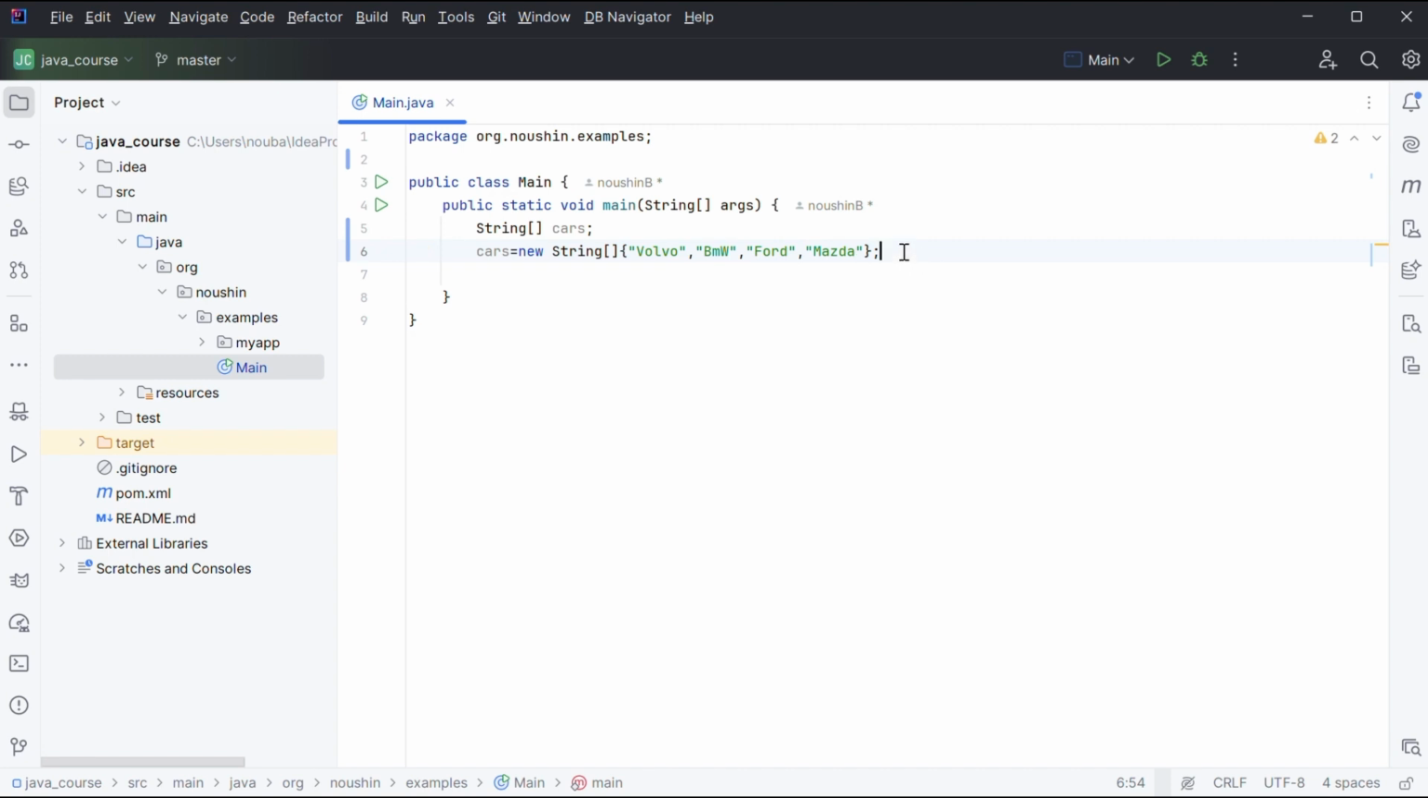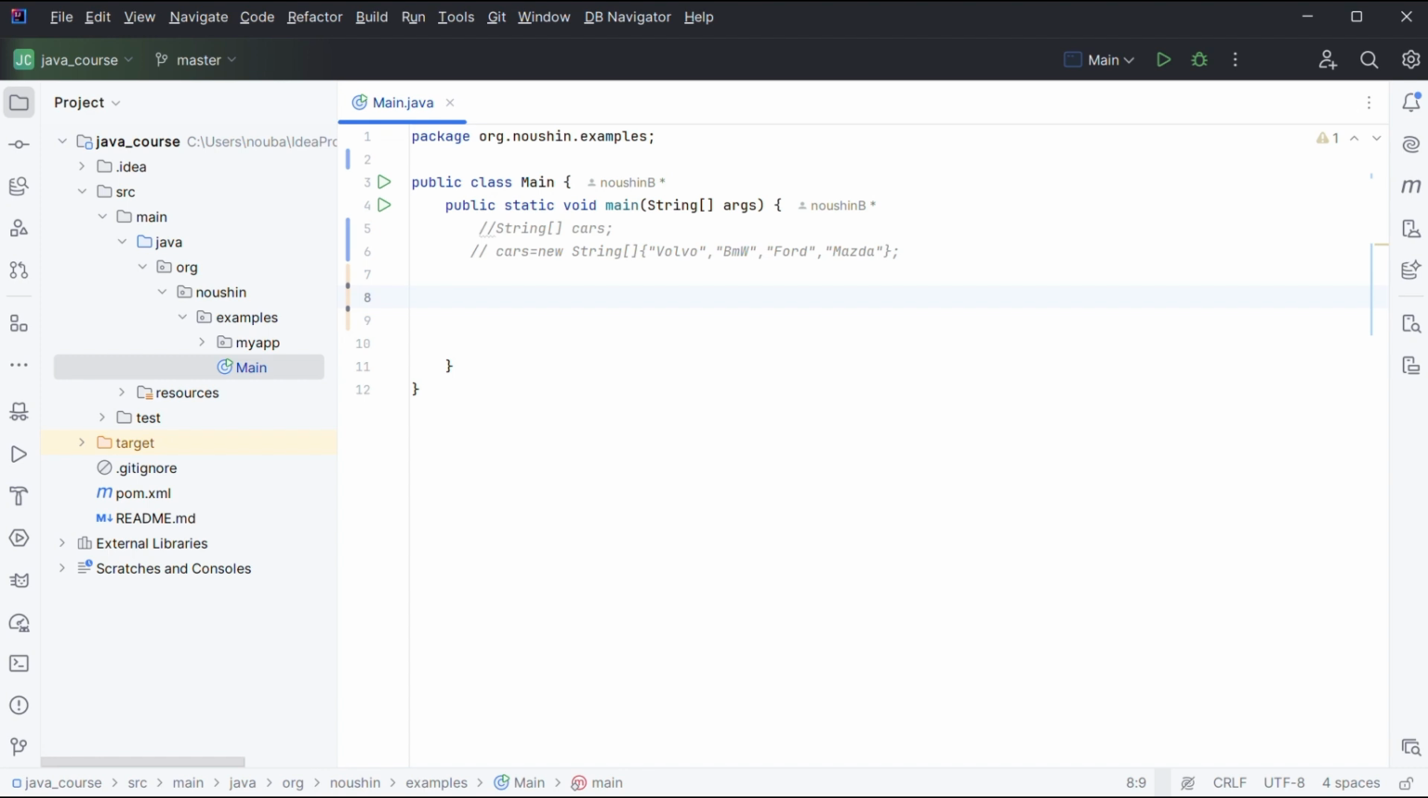Also, we can do this shorter. Here, we can write these two lines just in one line of code, like here. Equal, curly braces,